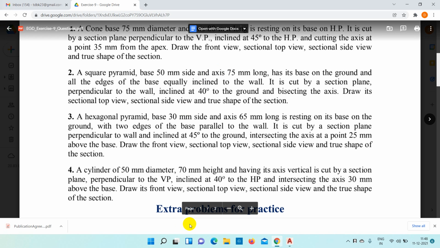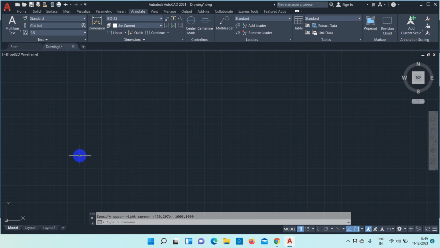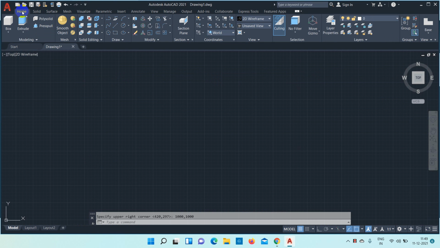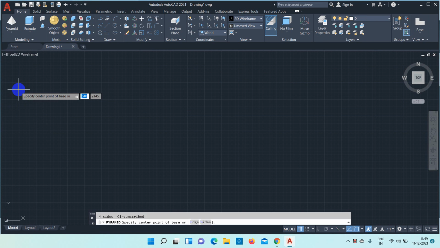Okay, so let me open the AutoCAD. I have already done the preliminary steps by setting the units and limits, and I have selected 3D modeling. So let's see whether the pyramid option is there. Yeah, pyramid is there. You can select the number of sides as 4, as it is a square pyramid.